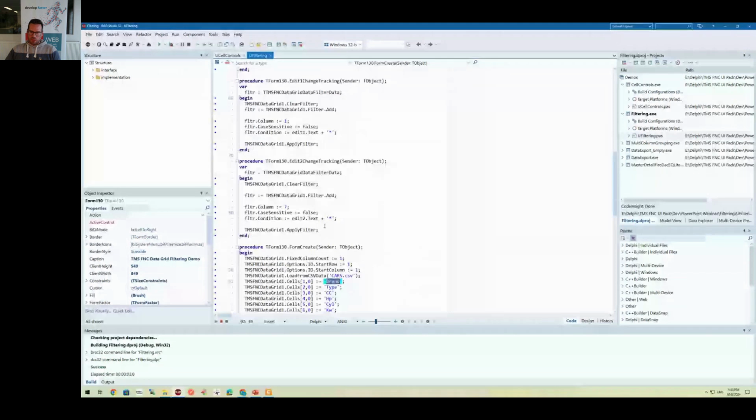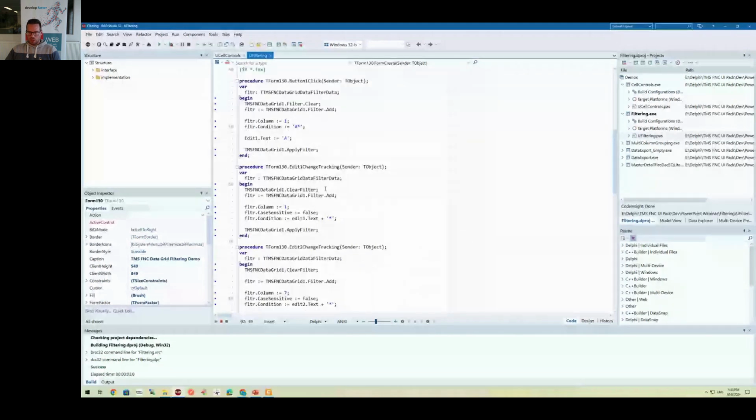And for the filtering, it's also typical for grids that you can set the column and then the condition. So the condition will accept wildcards and mathematical operators as well. So what I want to mention in that area is that we also have the